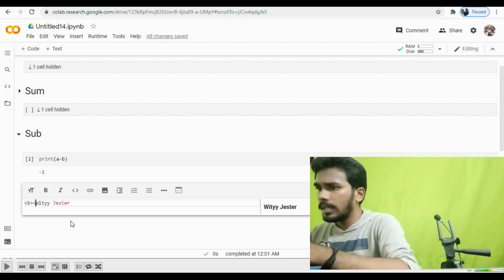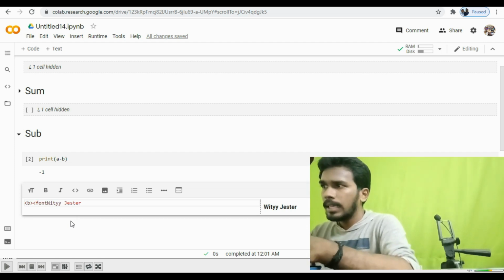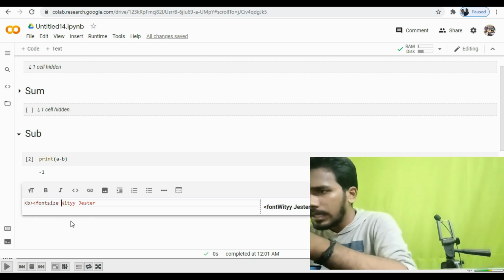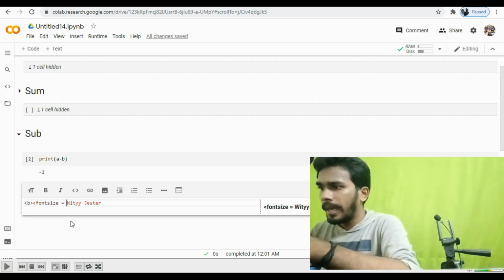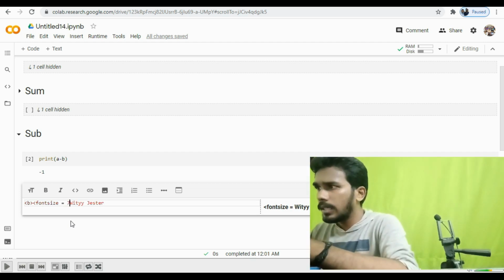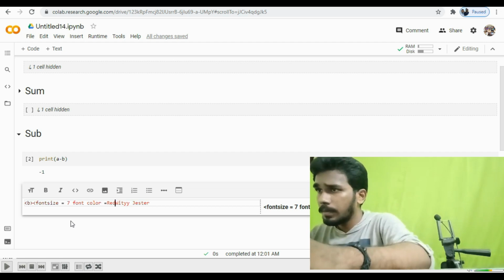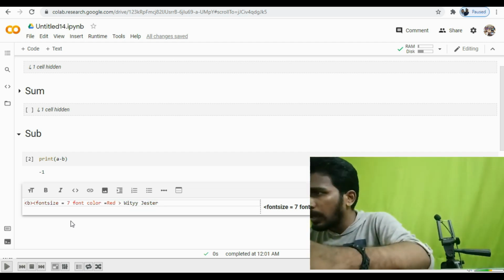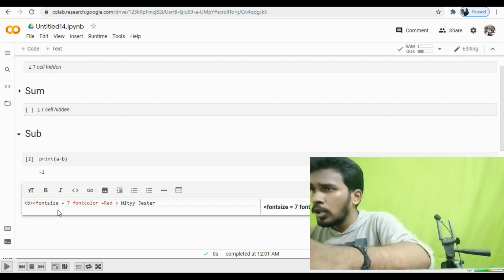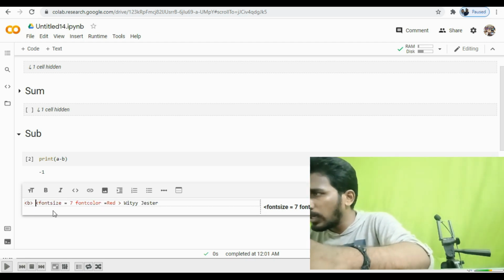Font size is equal to 7. Space. Font color is equal to red. Close this. I will leave some space here. You should leave some space after this. So font size and font color.